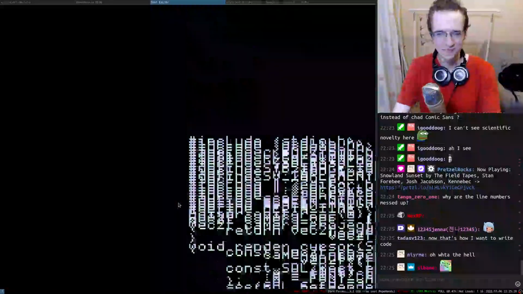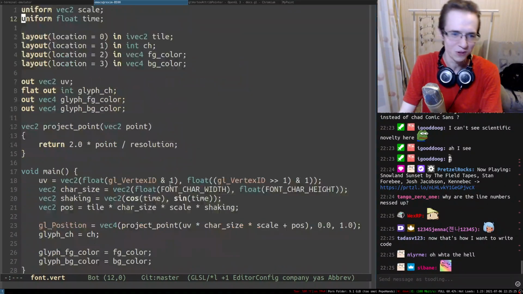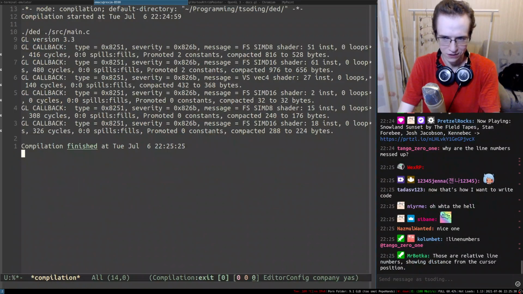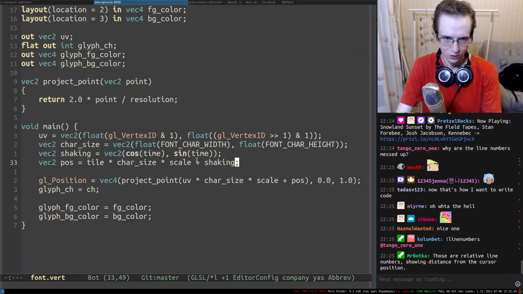Alright, not bad at all. So this is how crazy you can go if you start using OpenGL. Actually, I think I just wanted to do plus. Yeah, I think that's what I wanted. And you can't see that because you need to have intensity.